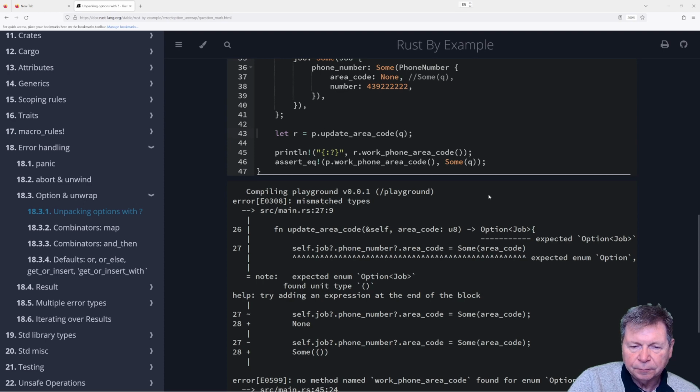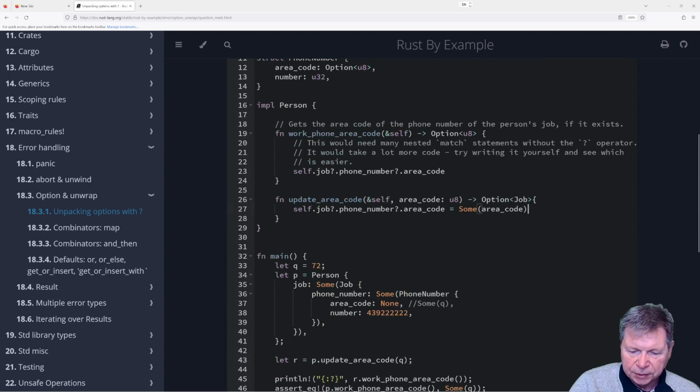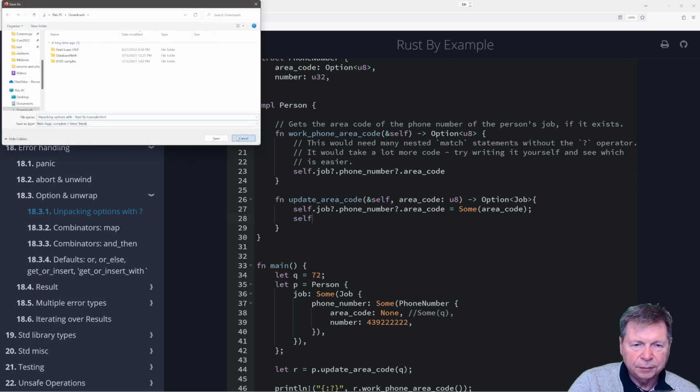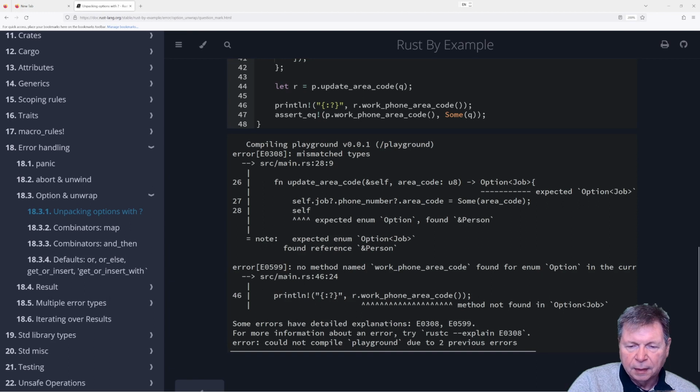How about semicolon self? Oops, no. Still can't save that. Self, expected enum option found person. Oh, okay.